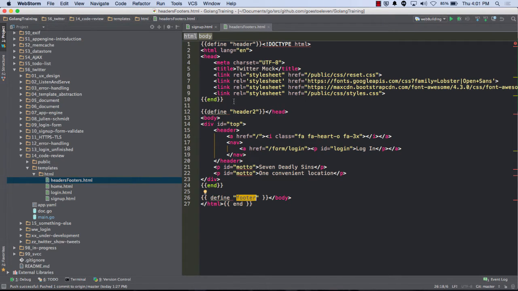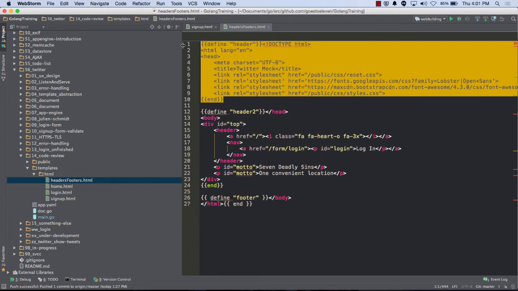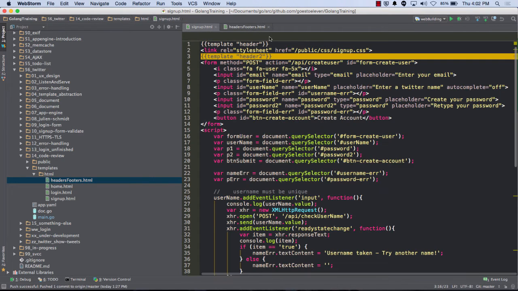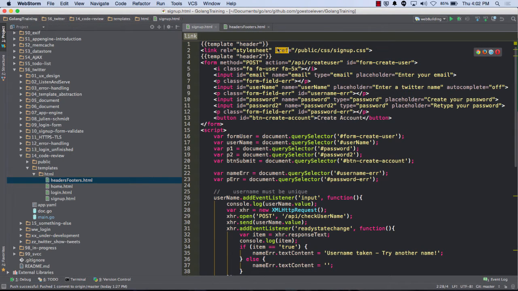So the first chunk of the page, the first header, starts the page out, doc type, HTML, and then opens my head and then puts in things I want in every page on my site. So all those links, every page on my site, including one main style CSS, right? And then after on this page, I also want to have sign up CSS, some CSS specific just to this one page. Some design considerations about that, right?